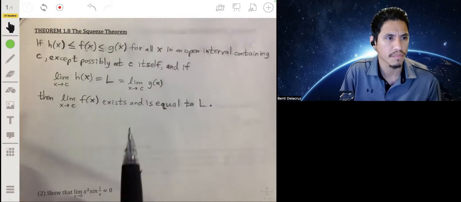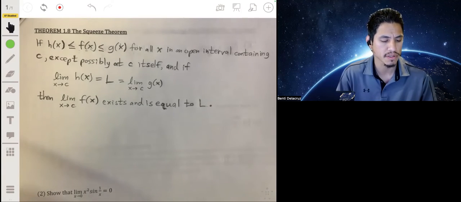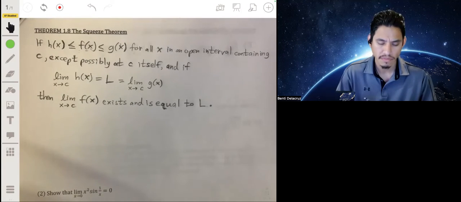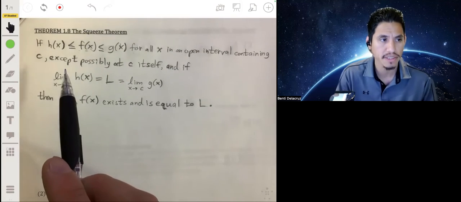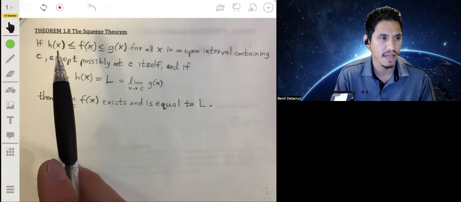All right, in the second part of this lesson, we're going to go over the squeeze theorem and then talk about two special trigonometric limits. So the squeeze theorem says, formally, that if you have three functions, let's say h of x, f of x,